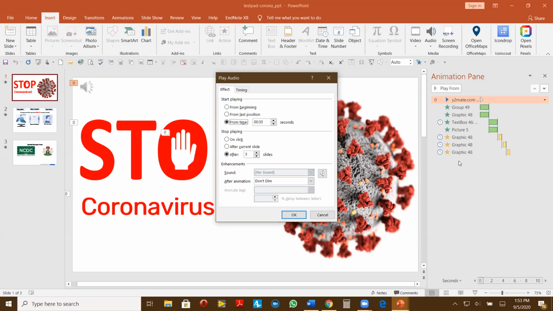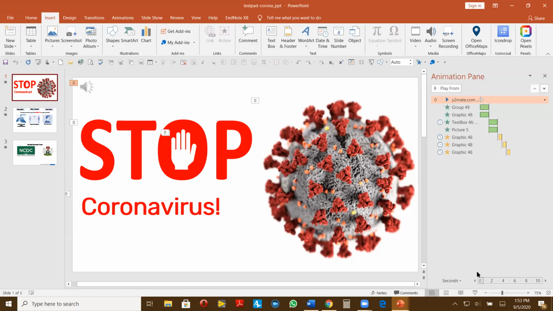But no matter where we inserted it, we can always bring it to the beginning, because we can shift any of this to an appropriate location so that it starts playing at the appropriate time. So that's how that video was actually